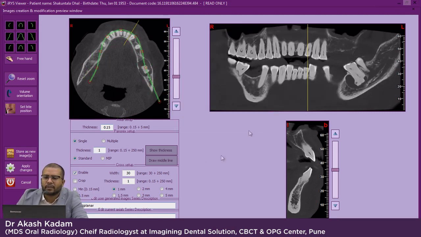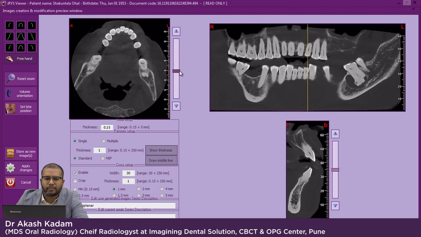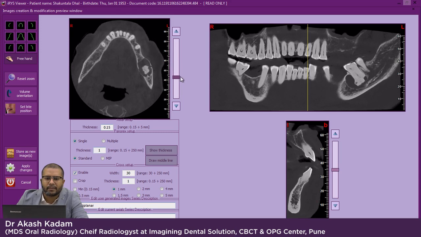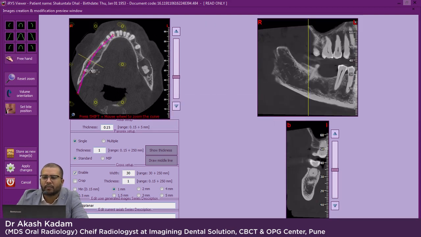And one more thing, I will suggest you use a mouse instead of the laptop touchpad. A separate digital mouse you should use, because it has many scroll and right side button options. Now we have to go to free hand, and then we have to go to this mandible and arbitrarily mark the nerve. So this is our mandible in axial section, and we will mark the points. So you have to click the right button, and you will have points at approximately 1 centimeter distance. And lastly you have to double click so that your marking gets completed.